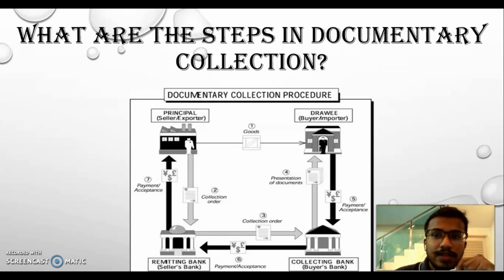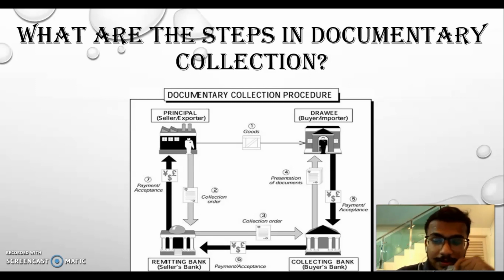So next, we are going to see the steps involved in the documentary collection procedure. So first of all, as you can see in the diagram, the first process is the buyer and the seller agree on the terms of sale of goods by specifying documentary collection as the means of payment. The exporter ships the goods to the importer and obtains a negotiable transport document, also known as bill of lading, from the shipping agent. And the second is the seller prepares and presents a document package to his bank consisting of a